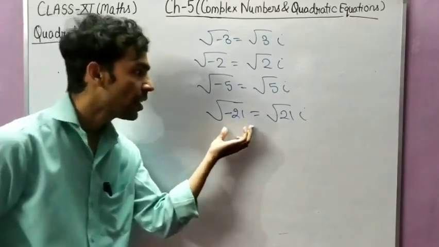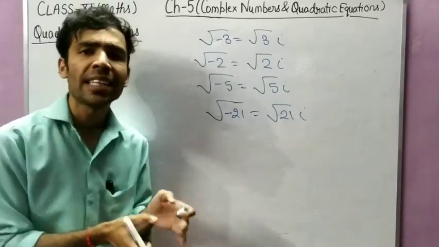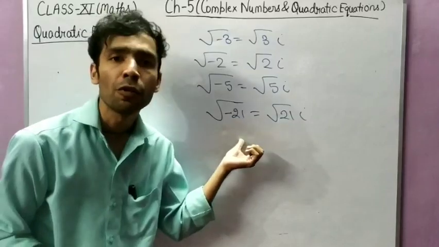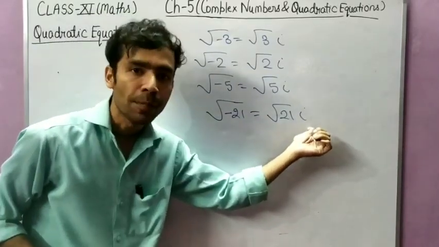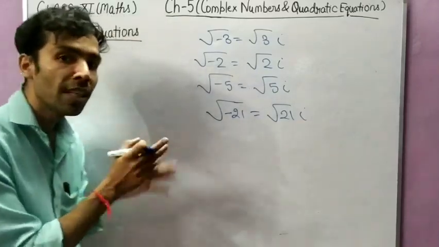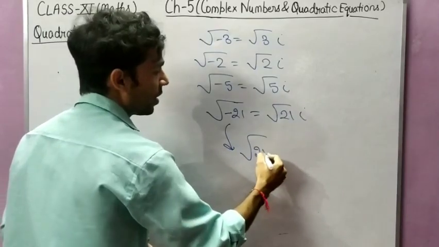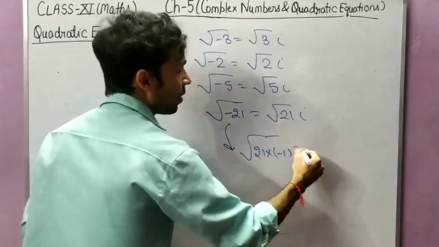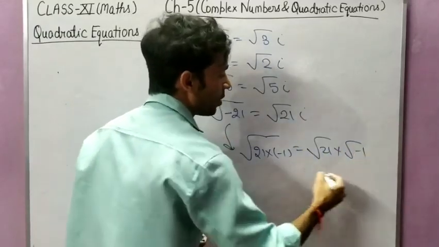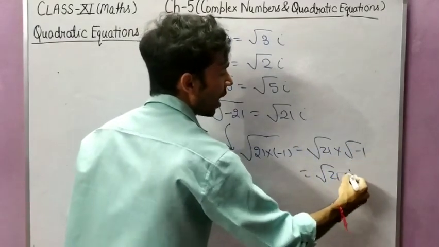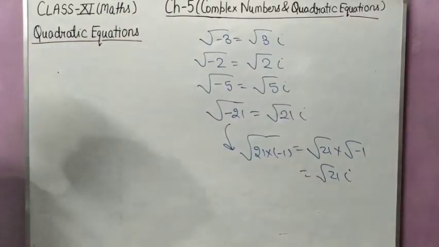This can be written like this in terms of i, because generally we don't write any negative number inside the square root bracket. So for replacing it, I have put the i sign here. And how it comes, I showed just two minutes before. Suppose this can be written as 21 into minus 1, and when we write it separately, we get under root 21 into under root minus 1. So it will be under root 21i, because the value of under root minus 1 is i. Remaining things are the same, students.